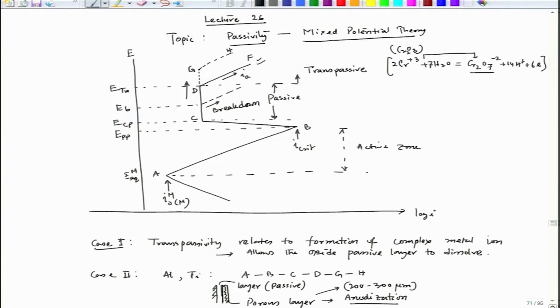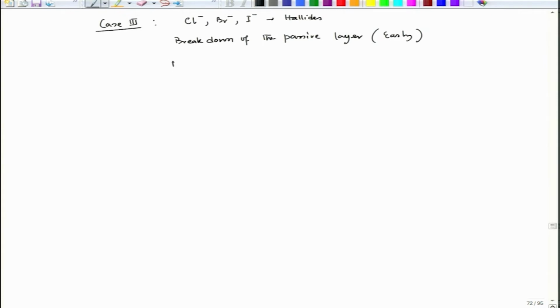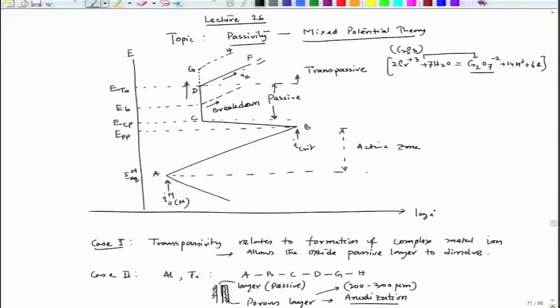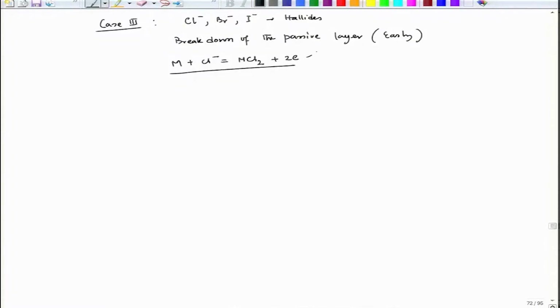and this is breakdown. So, this breakdown happens because of this reaction, this metal can react with chloride, which forms metal chloride plus 2e. So, again we could see that it is basically an anodic process, and that is what the reaction again goes towards anodic side, and because of this the metal oxide layer dissolves, and this dissolution happens mostly as localized dissolution.